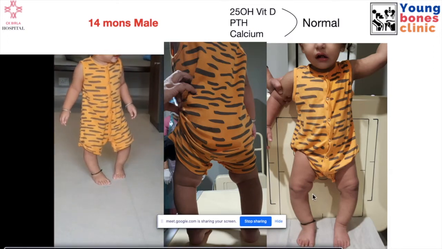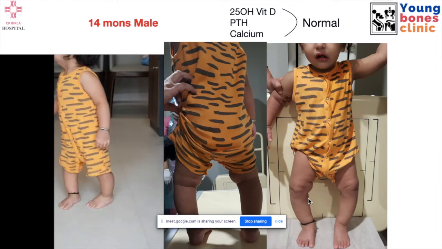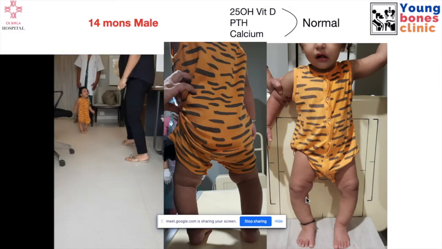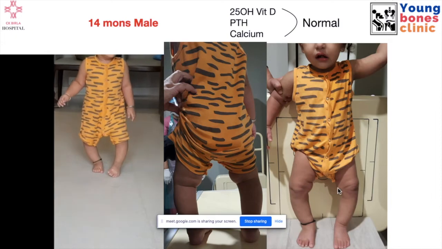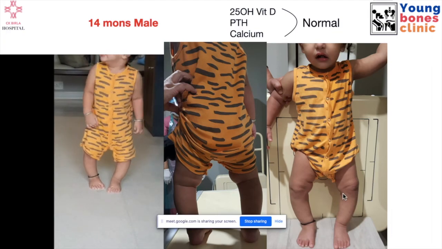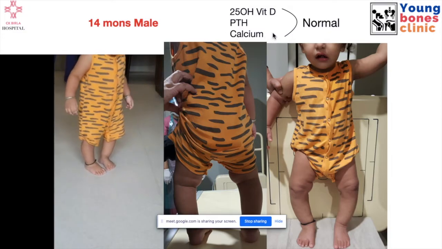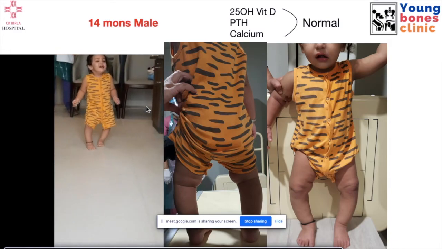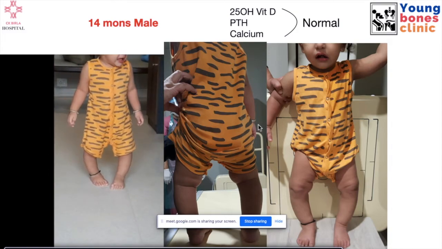This is not physiological. Whenever you see a bowing in a child where there is an acute angle formed in the proximal part of the leg, any cause of acute angulation in the proximal leg is not physiological bowing. So this is a classical presentation of Blount's disease, an infantile Blount's disease. If you get the parameters, alkaline phosphatase, calcium, vitamin D, PTH, everything will be normal. As you know, it's a gynecologist's child, so anyway, he was well fed. There was no nutritional problem. The blood parameters were all normal. This was an infantile Blount.